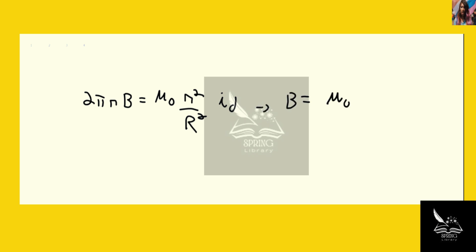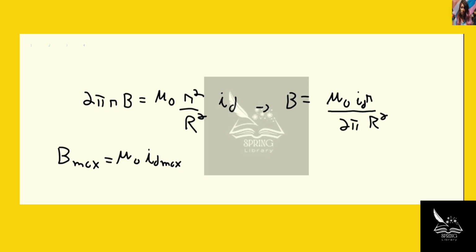So we can use the Ampere-Maxwell law and find that 2 pi r B is equal to mu 0 times r squared divided by R squared times I_D. So B is mu 0 I_D r divided by 2 pi R squared, and the maximum value then is B max equals mu 0 I_D max